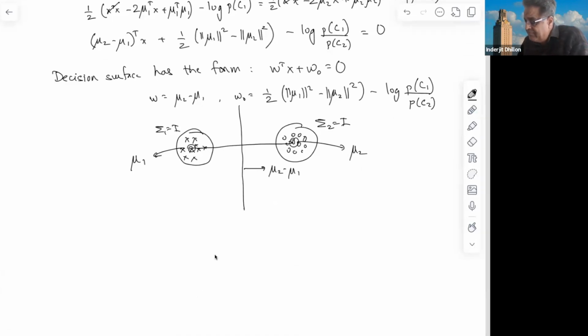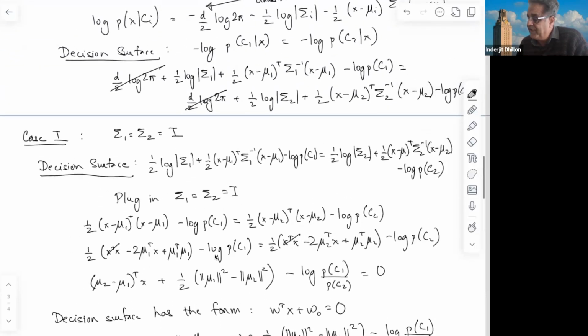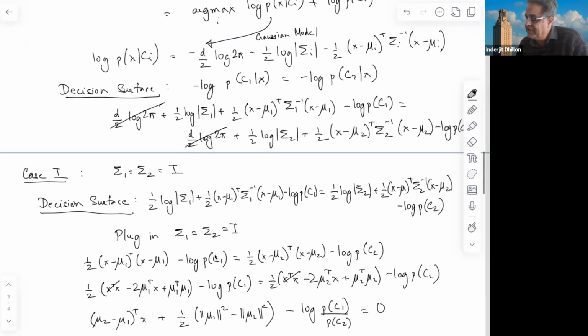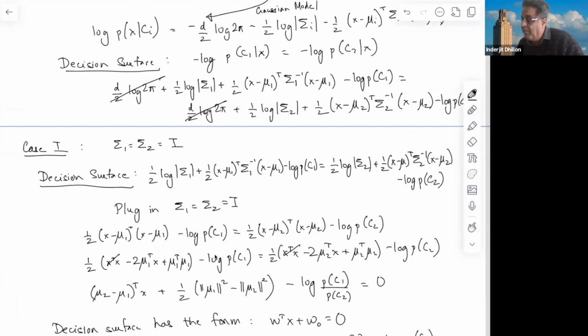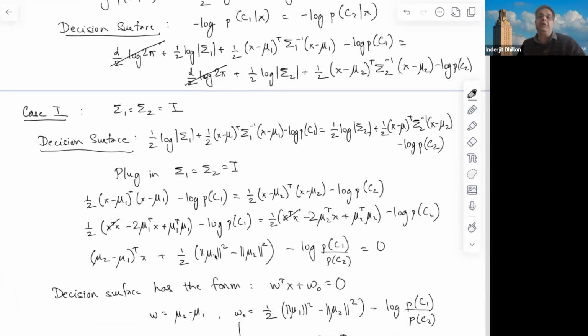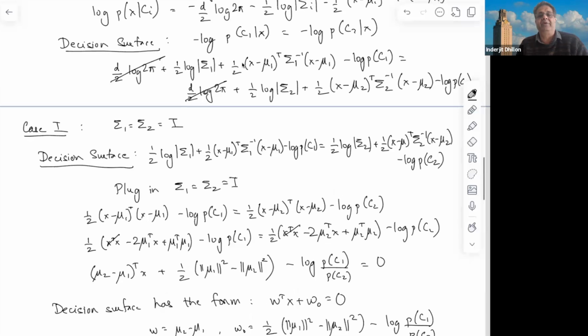Okay, now let's take a second case where I don't assume that sigma 1 equal to sigma 2 is the identity, but I'll make a simpler assumption, or I'll model it such that the covariances are equal. So they're not identity, but the covariances are equal, because we want to understand what happens to the decision surface over there. Because if you really look at this formula,